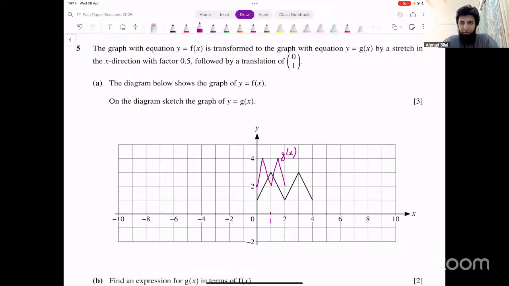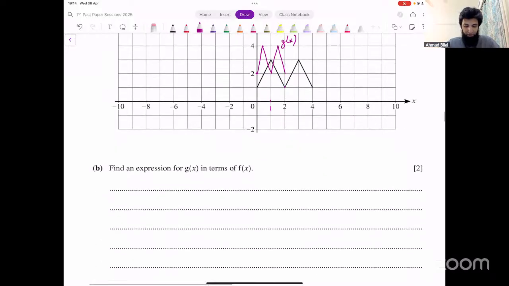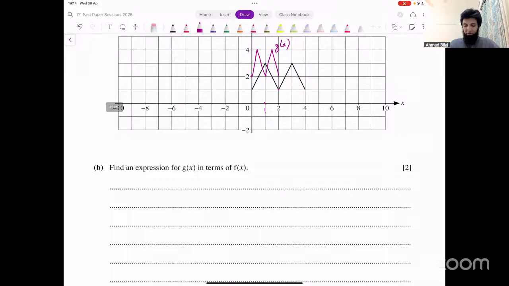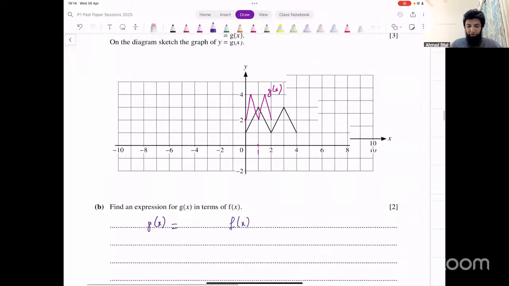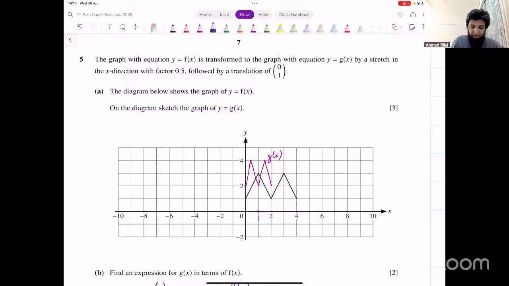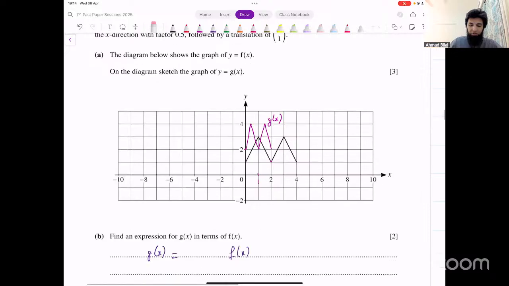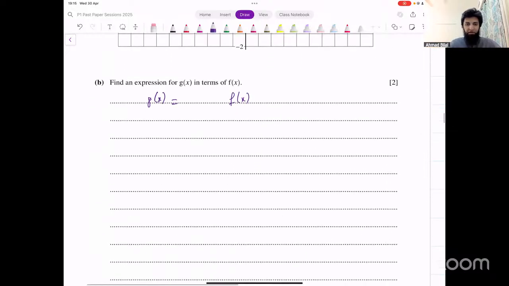All right. Okay, good. Let's move on to the next one. Now it says find an expression for g of x in terms of f of x. Again, that's fairly straightforward. What are the two transformations that have happened? We had the graph f of x. We have stretched that by a factor of 0.5 in the horizontal direction. Horizontal stretch, scale factor